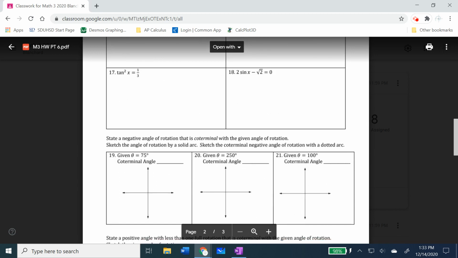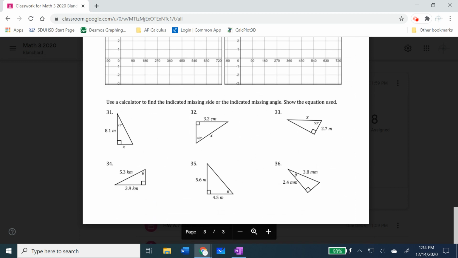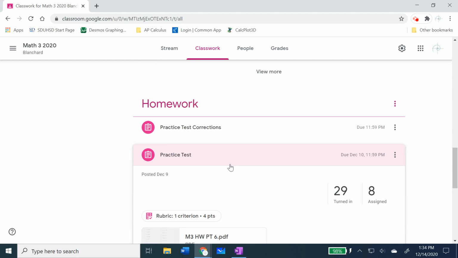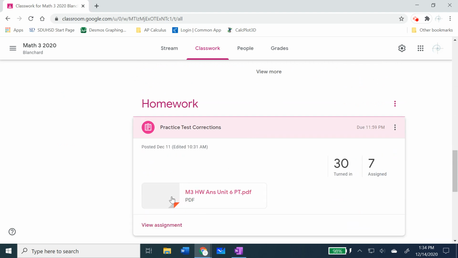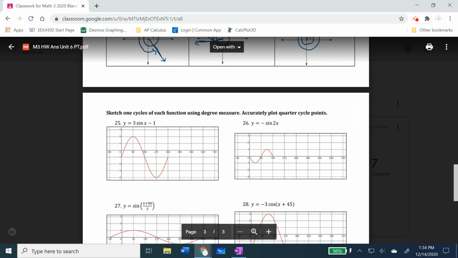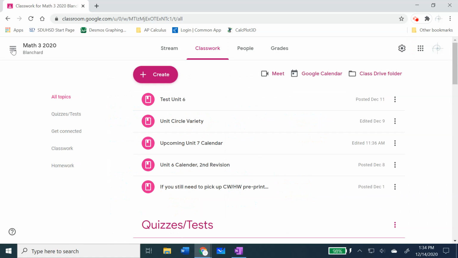You can just put some scratch work on a piece of paper and then check the answers over in the practice test corrections. Check out the answers and make sure that you're doing it correctly. And I don't see any more new problems asked for, so I'm going to